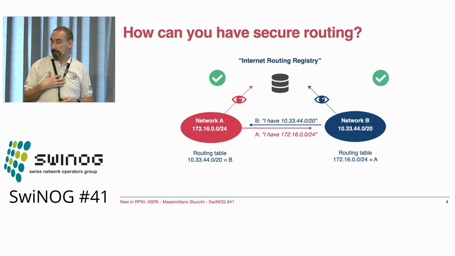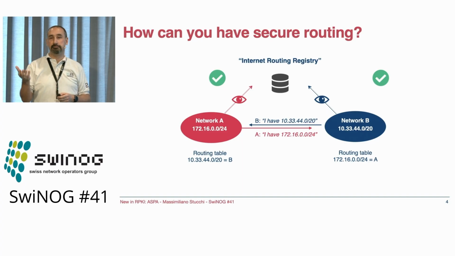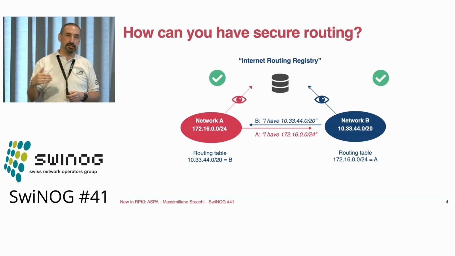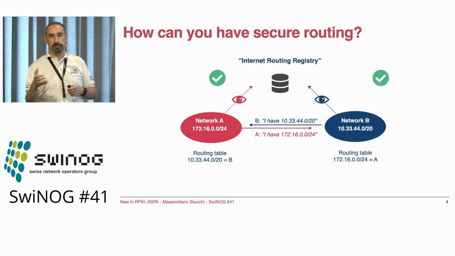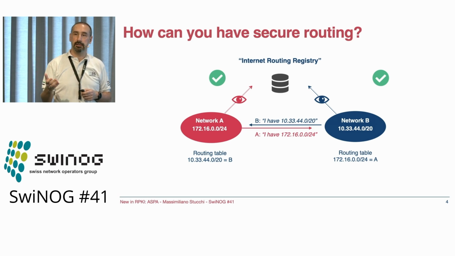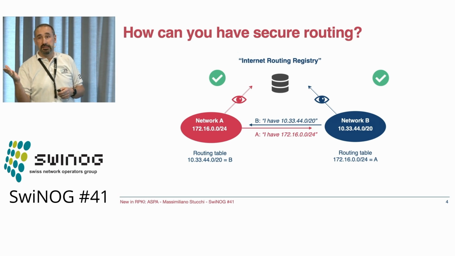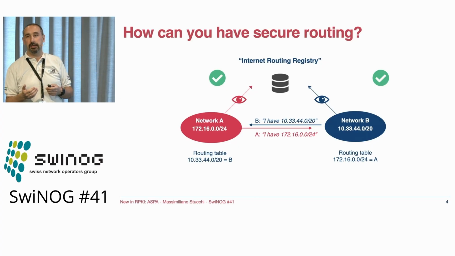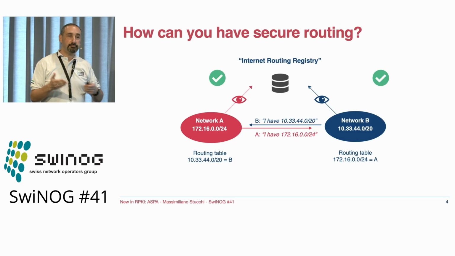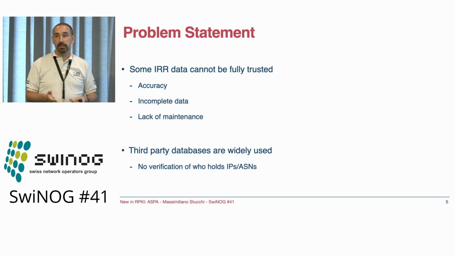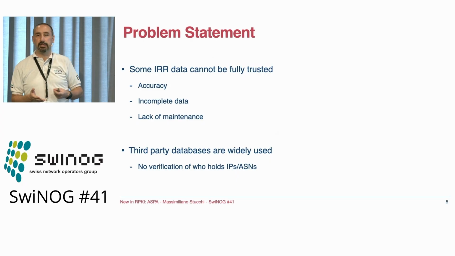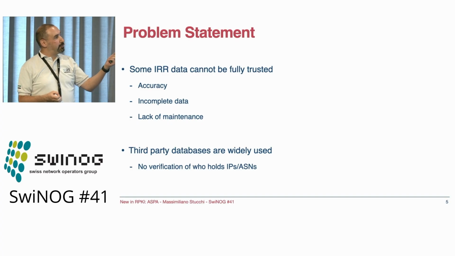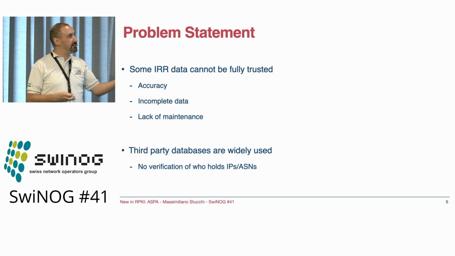I had an example, because I run my own network, and I went to a place as a bring-your-own-IP-addresses service for them to be announced on the internet, and basically they created a proxy object in one of these databases for me that I couldn't even remove after I stopped using their service. So we have a problem. Some internet routing registries cannot really be trusted. There's a problem about accuracy of data. In some places it's incomplete, with a lack of maintenance.